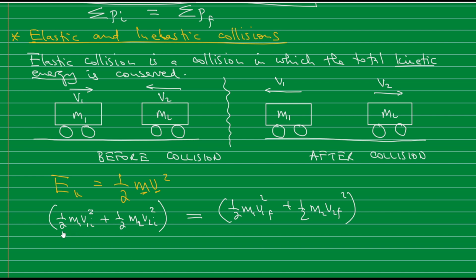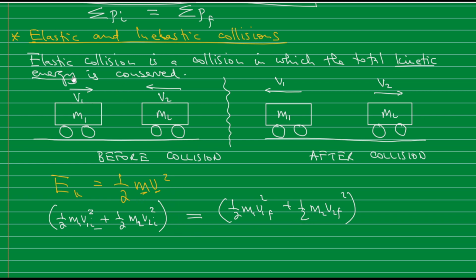So if the total kinetic energy before collision is equal to the total kinetic energy after collision, then we describe that collision as elastic collision. In other words, it remains the same. It does not change. But if the values are different, so the total kinetic energy before is different from the total kinetic energy after,